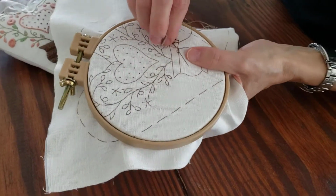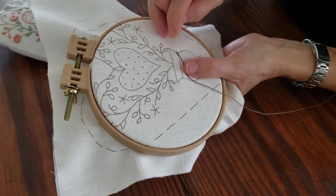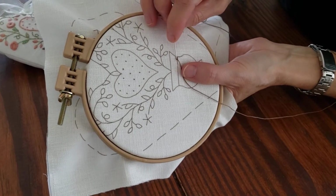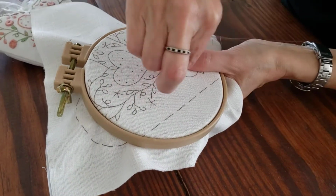I like to use small stitches. You can use larger ones if you want, but I feel like a smaller stitch just looks neater and cleaner and keeps it a little straighter for you. So then you're going to go back in. You're going back into that hole, kind of towards the end there, grabbing another pinch, and then again, you're wrapping